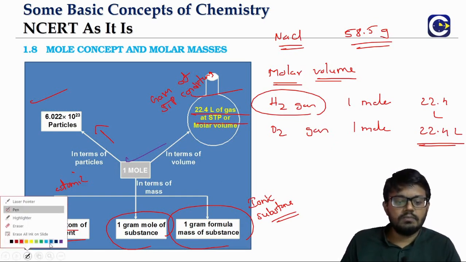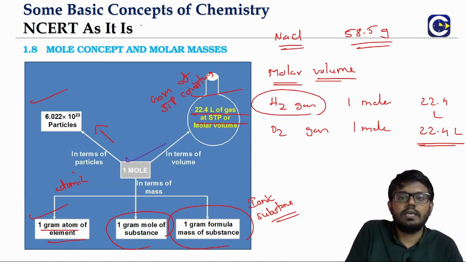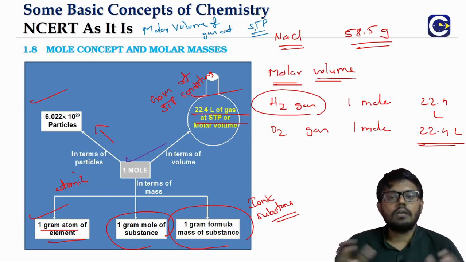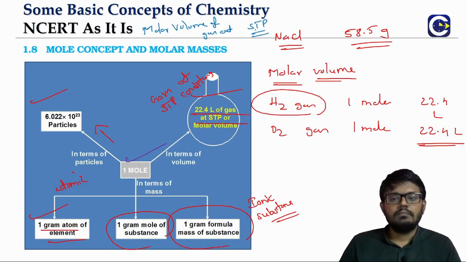This is what we will be calling the molar volume of the gas at STP. So what is it called? Molar volume of the gas at STP. Just make a note of it. We will talk about it again when we go to the discussion on the stoichiometry part, because how you calculate the volume of a gas we will come to know only when we go to the states of matter chapter. But there is also something else that we need to discuss about the molar volume concept that we will do in the stoichiometry section. So this is the full picture of the mole concept.